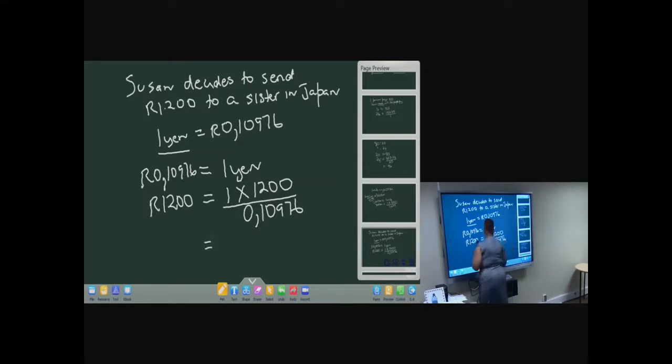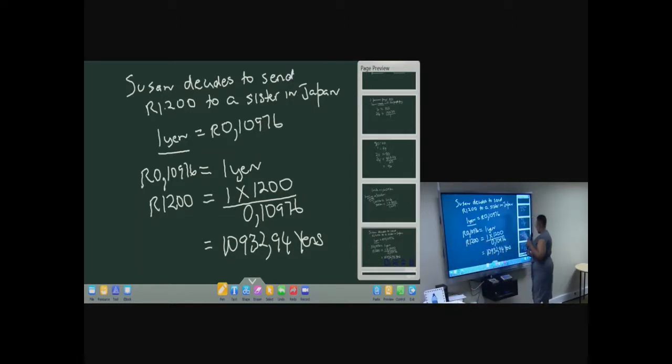So how many yens? 10932,94. That will be in yens. Then, whilst we are still on that,